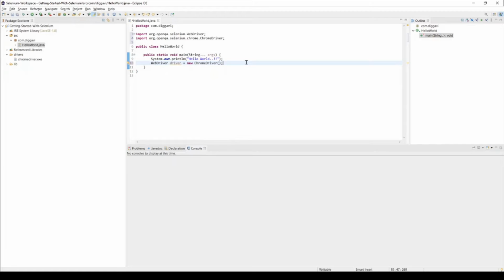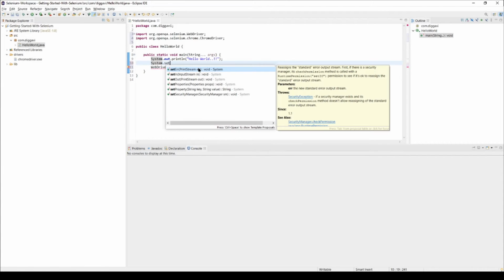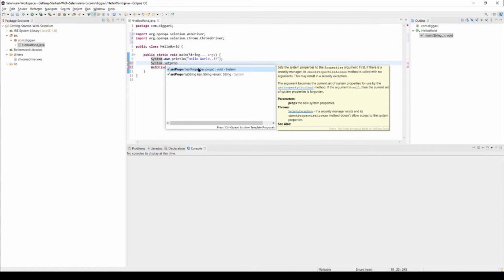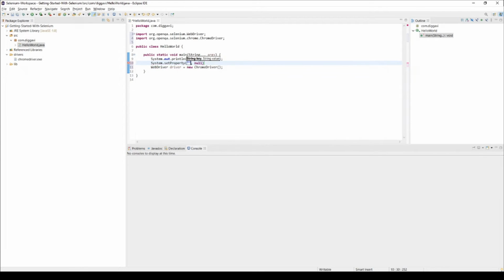So now before we open the driver, we have to set the Chrome driver path which we have downloaded. To do that one, we have to say System.setProperty, and the property name is webdriver.chrome.driver, and the value is the path to the chromedriver.exe.